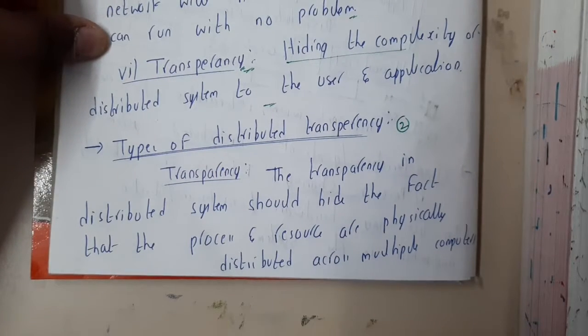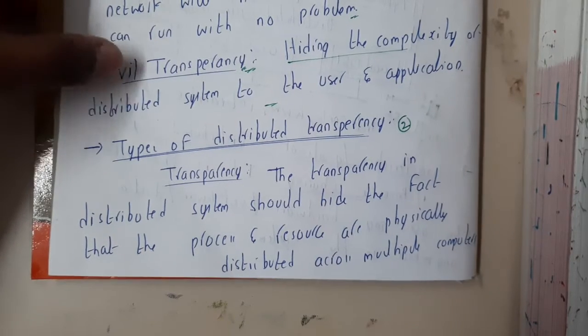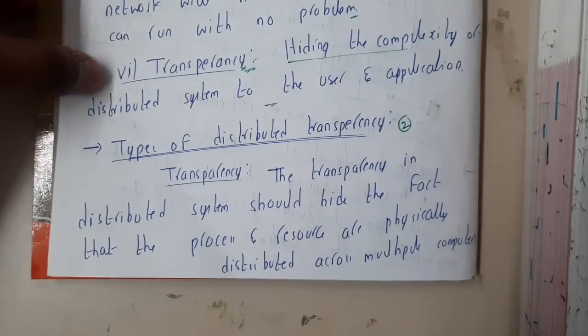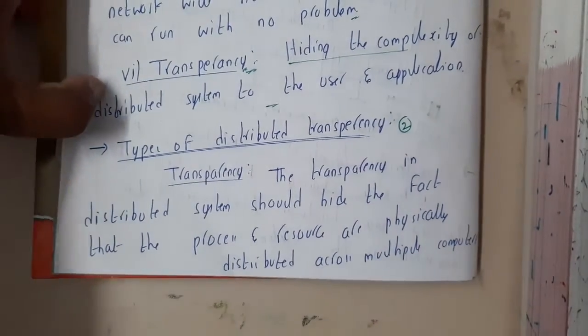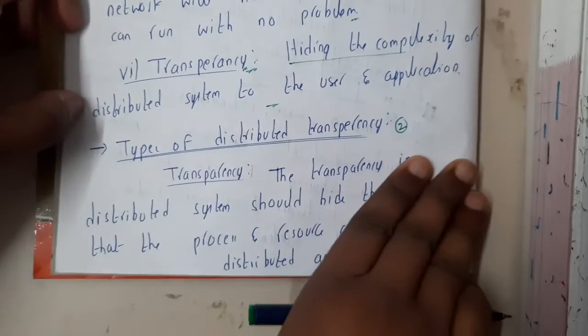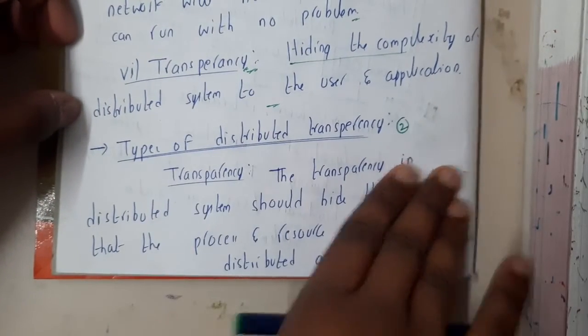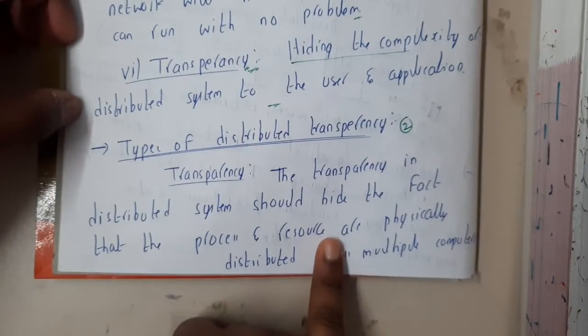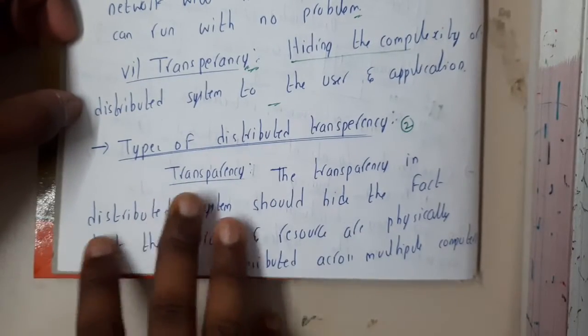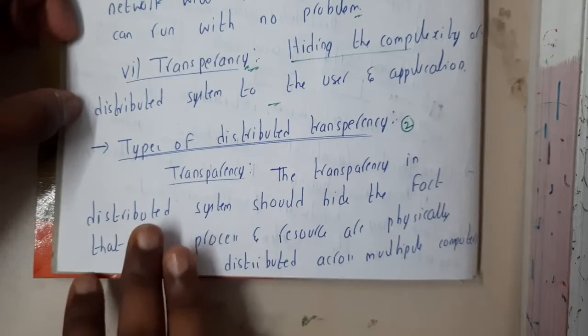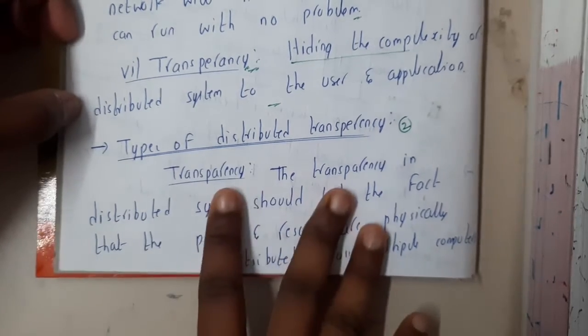In this lecture, let us go through the types of distributed transparency, guys. So basically in our last lecture, we went through transparency, right? Transparency is nothing but hiding the complexity of a distributed system. Whatever is happening in the backend, like any kind of connections with multiple servers, all those things should be hidden from the user. These transparencies are divided widely into 6 to 7 types, that we'll be discussing in this lecture.